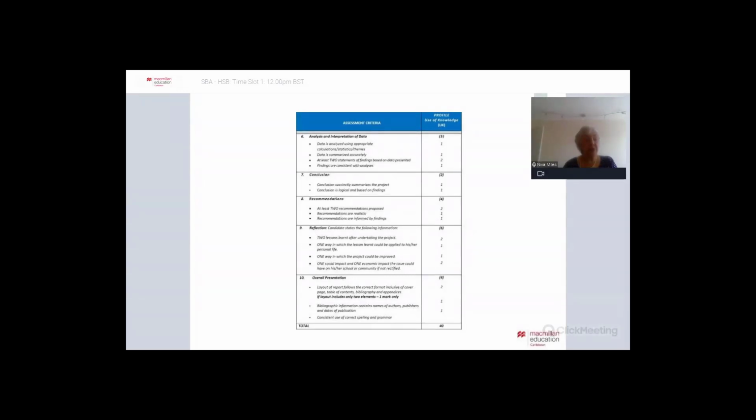One way the project could be improved, that will very much depend, obviously, on their project. And then 1 social and 1 economic impact that the issue has brought out. Could it have an impact in the school or the community if it's not rectified? And there are so many issues now that students would be concerned about, and this might apply. We've suggested health, diet, and so on, but you've got the problem of pollution, plastic pollution. In the book, we're using the example of excessive pollution from a waste tip, but there could be all sorts of issues in the local area that might impact on the school